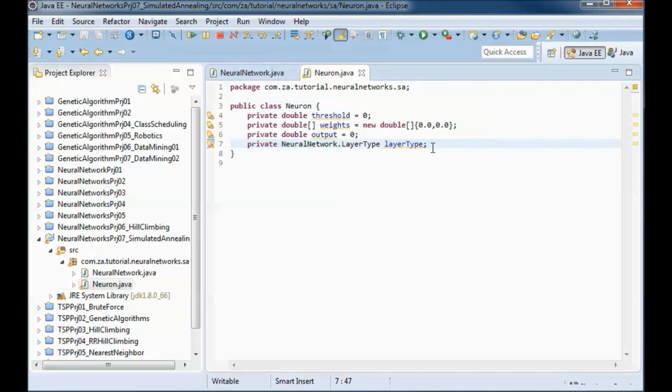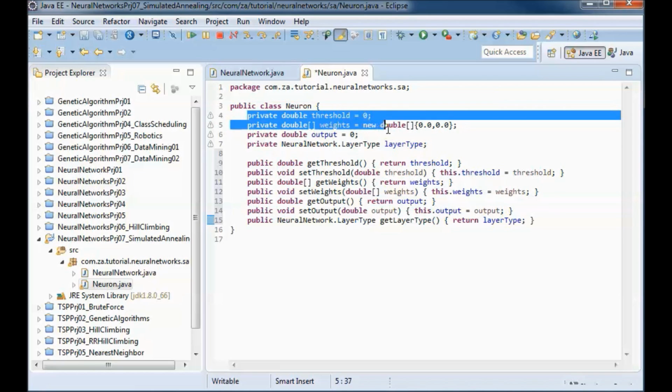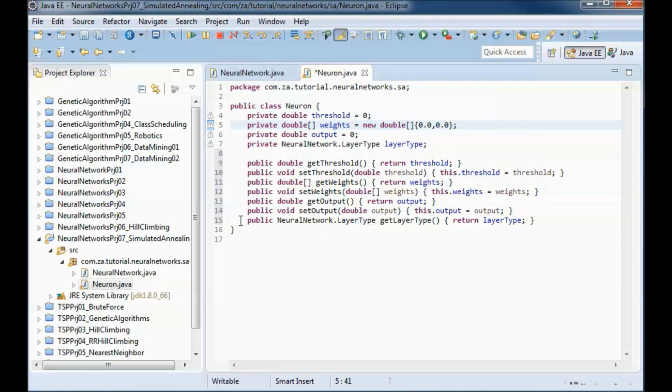And we will have get and set methods for the threshold, the weights, and the output, and a get method for the layer type.